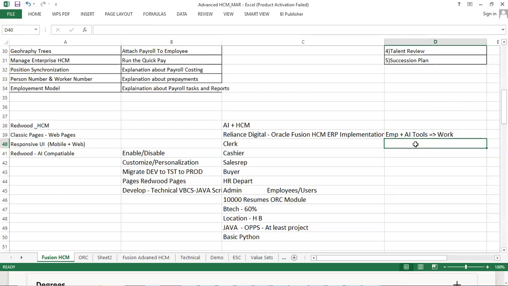Another one is that this particular application will be integrated directly with the AI tools, and you ask them to work. This is what people are saying: going forward, employees aren't needed. Directly you can give your work to the AI tool and it will do it. So I don't think it will work in ERP applications,